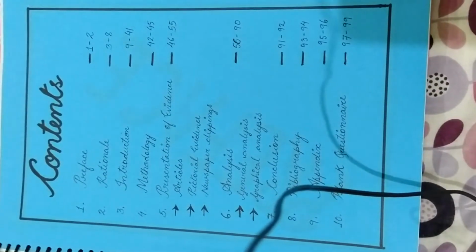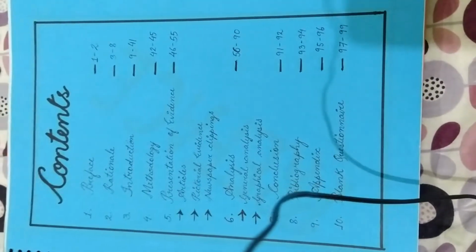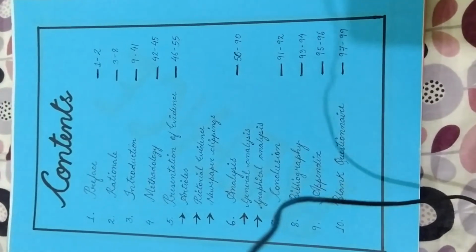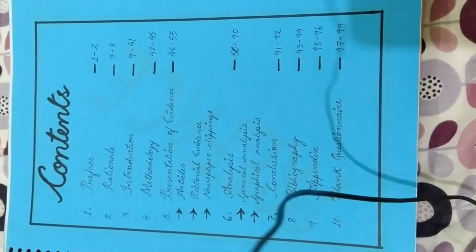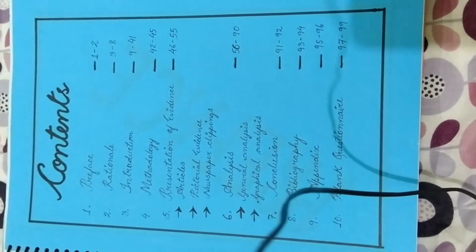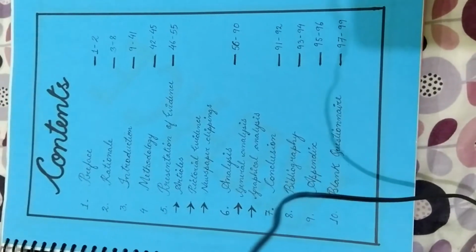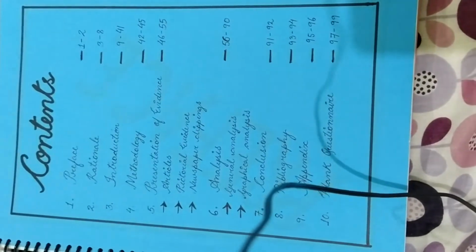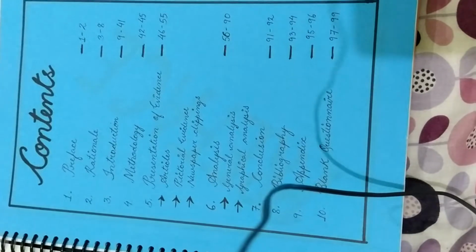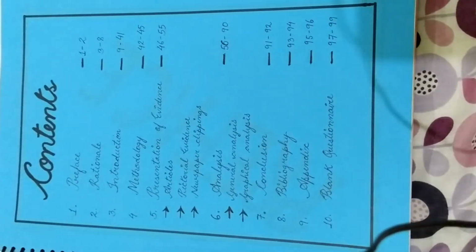First, preface: if you want you can write it, it's up to you, I'm not making it compulsory. Next, number 2 should be the introduction part. I'm sure by now you all are preparing. Then rationale, or in our case the statement of purpose, it's the same thing. This student has written about 4 pages about it, but for you all 2 pages are enough. Then comes methodology, which I'll be showing you.